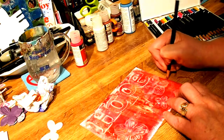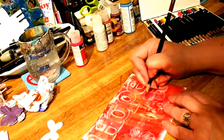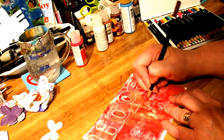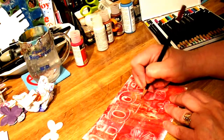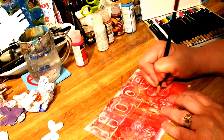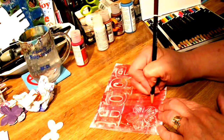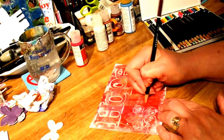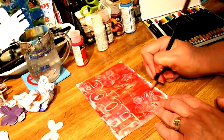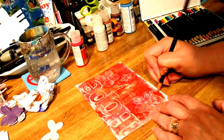But it really makes the images that you're using on your jelly plate pop. I know a lot of people do just random designs, but out there in YouTube world, I stumbled across this Barbara Gray lady with Clarity Stamps, and I don't own any of their stamps. She's overseas, but